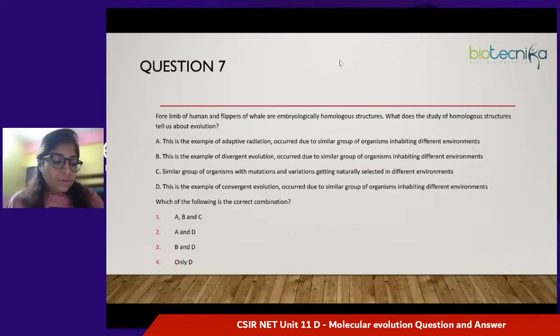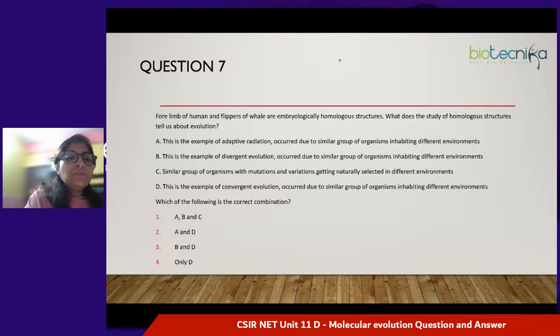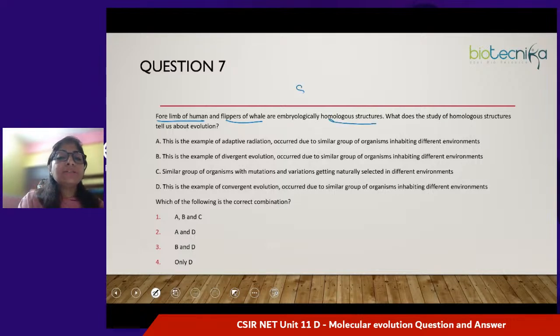All right. Next question. Forelimb of human and flippers of whale are embryologically homologous structure. What does the study of homologous structure tell us about evolution? So forelimbs of human and flippers of whale. Okay. So they are homologous structure. What does that mean? They have same structure